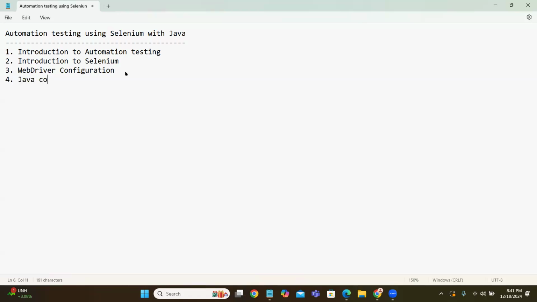we are going to discuss the Java concepts. That is part one. Then I am going to explain the Java project structure, like package, class, and main method. These things. Then identifiers,